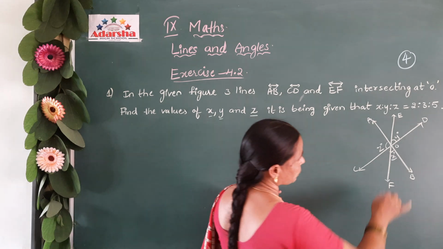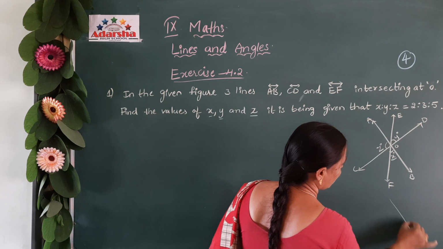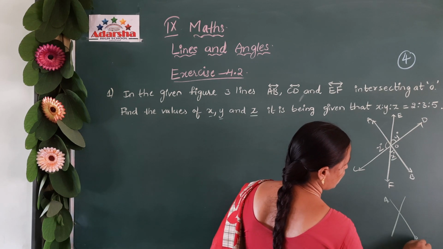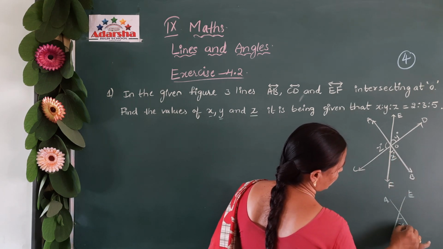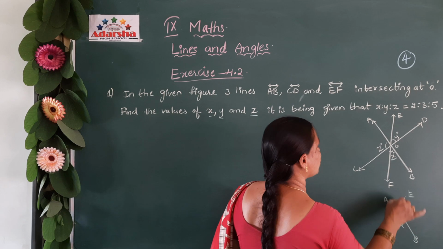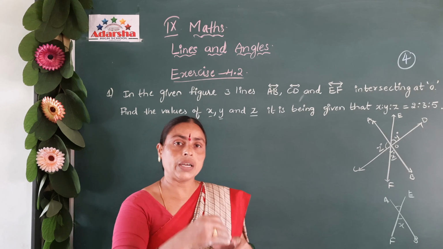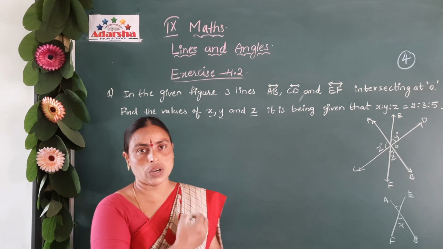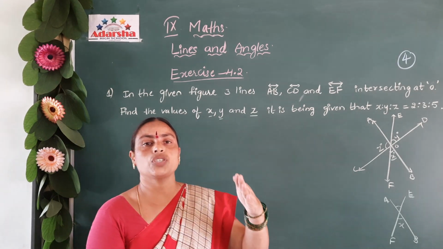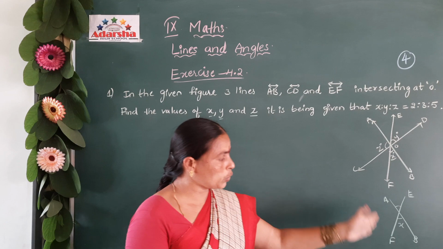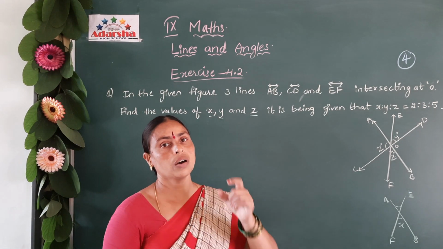See, observe this. AB and EF are the two intersecting lines. Here, this is AB and this is EF. The angle measure given is x degrees. Then what is the angle which is opposite to x degrees? Just before, we learned what that is: vertically opposite angles are equal. This is the theorem we have learned in this chapter. First theorem: vertically opposite angles are equal. When two lines intersect each other, the vertically opposite angles thus formed are equal.